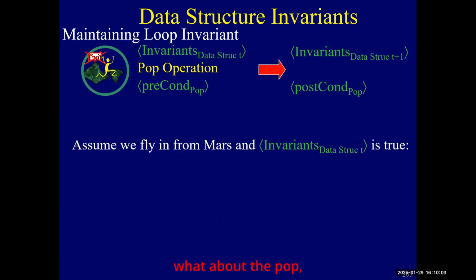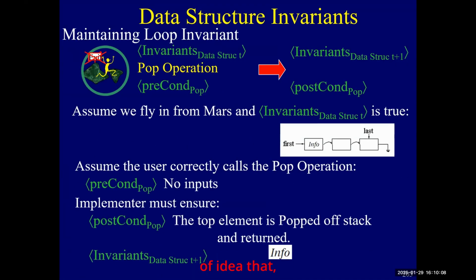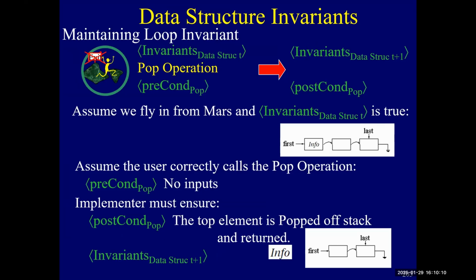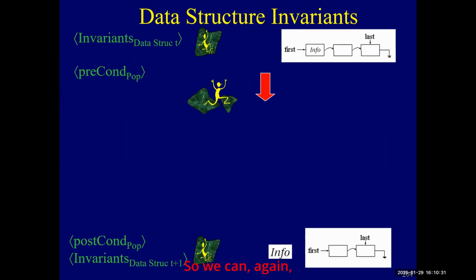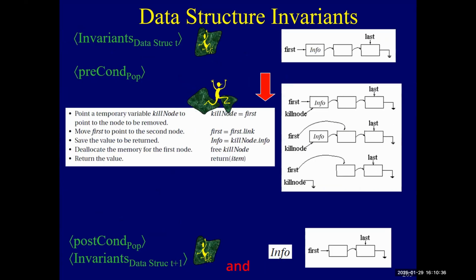All right. So now what about the pop? The same sort of idea: we have that the invariant is true, and then we call pop, and we need the postcondition of pop to be true, which is it returns the value at the top, and that the value's gone, and it still needs to have the invariant, right? So we can not panic, and